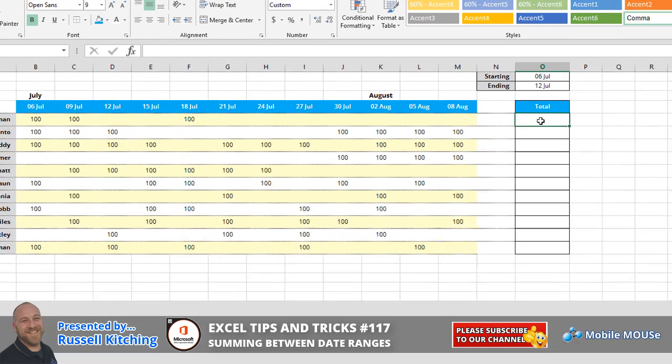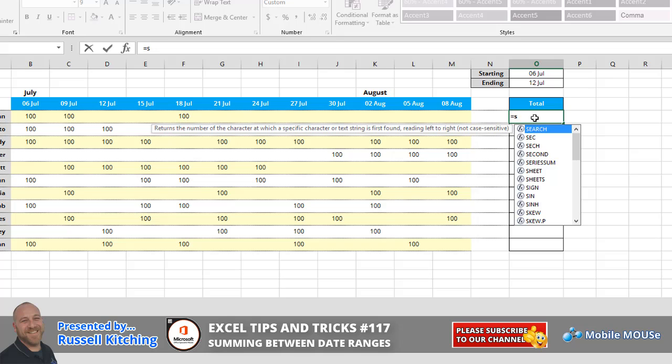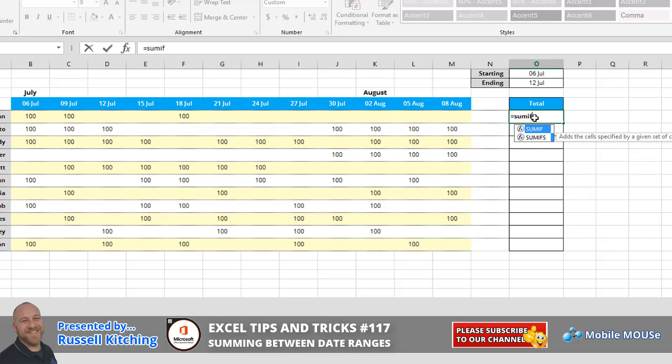Right, so let's start off. Going to cell O5, we'll start off by pressing equals, and the formula here is SUMIFS, plural. Now, the sum range basically is the first set of cells that we're looking to add up. So what we're going to do is start off by selecting from cell B5 over and across to